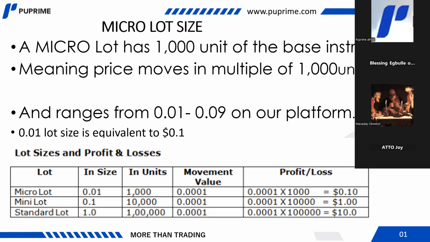So $10,000 works for a standard lot. If you are to use a mini lot, which is 0.1 lot, it works on a $1,000 account. And for a micro lot size, the minimum should be between $200 to $250. If you have $200 to $250, don't go beyond the micro lot, which is 0.01, and that way your account